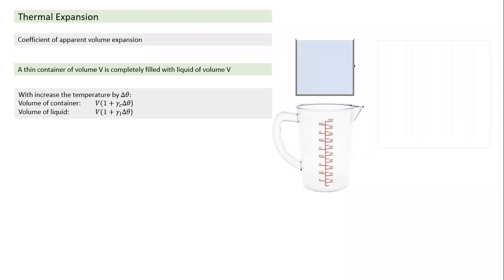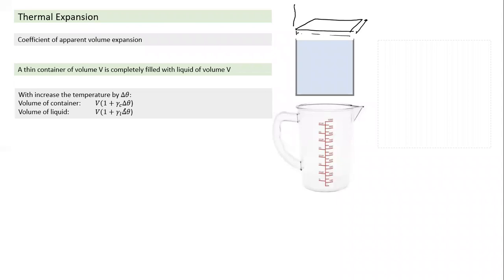When we heat it up, the volume of the container will increase. The volume of the container will become V plus V gamma C into delta theta. And some of you may wonder why the volume of an empty container is increasing. We have to visualize the container as three parts. This is the base of the container. When we heat the container, this length will increase, and this will also increase. There will be an increase in the cross-sectional area of the container, and the height of the container will also increase. All three dimensions are changing. Hence, whether it is a solid object or a hollow object, both will have the same volumetric expansion.